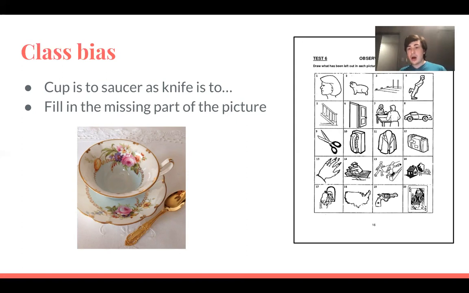We probably all know what a ping pong table is, but you can imagine before the internet, in the early 1900s, people who didn't have a ping pong table, how were they going to find out about that? They probably weren't. And that's associated with having less money, because you're not going to spend the money that you have on recreational things. You're going to spend it on necessities. Richer people might have things like ping pong tables, so they would answer that question correctly more based on the fact that they had privilege, not based on higher intelligence.